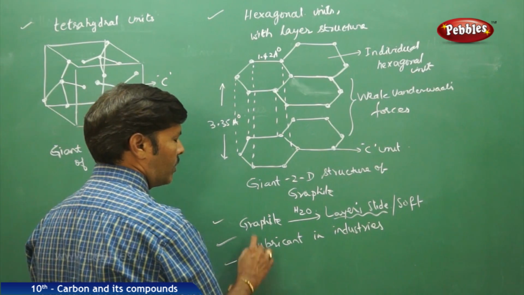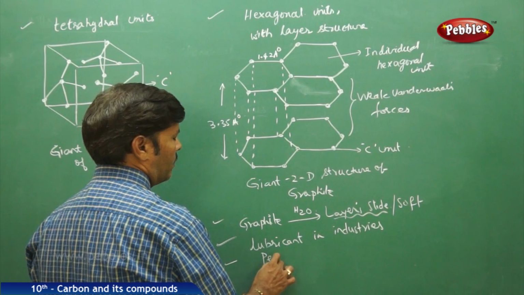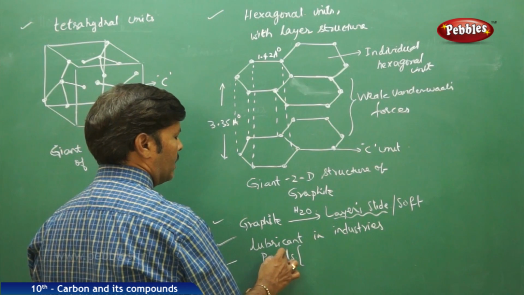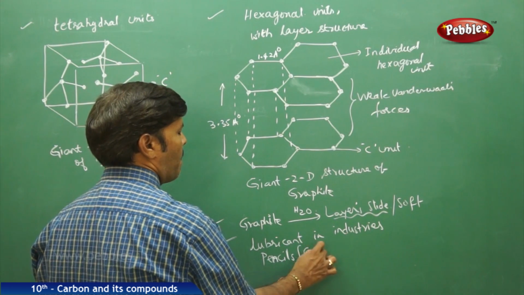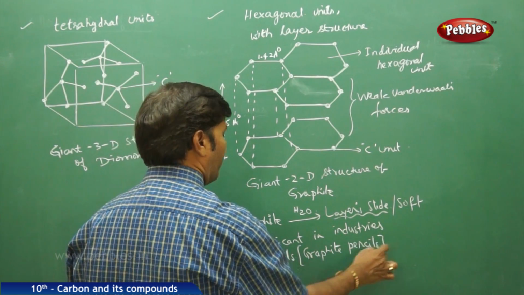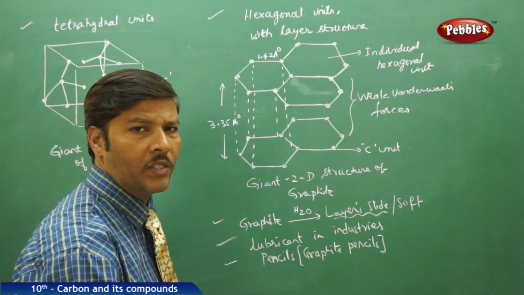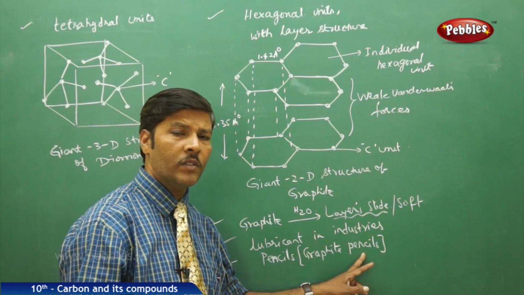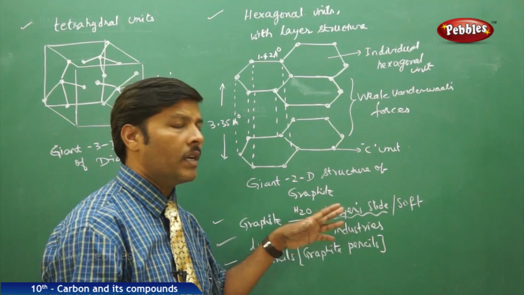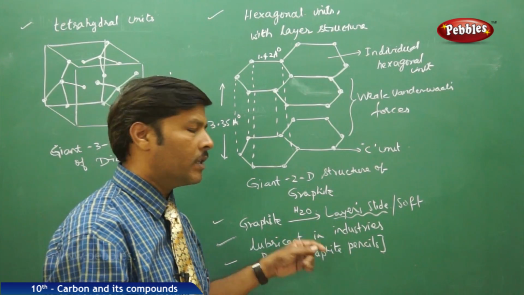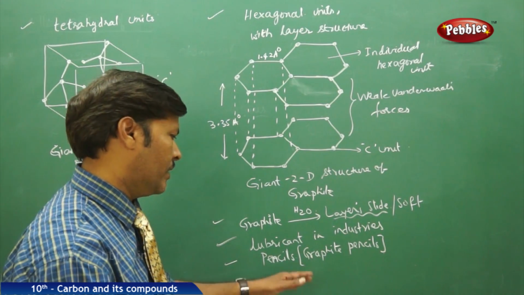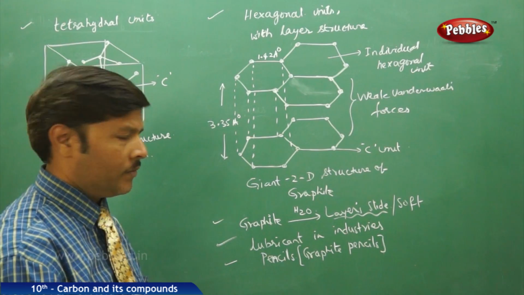Because of the same reason, graphite is also used in pencils. We call them graphite pencils. And this graphite powder, because of its soft nature, can be easily erased with the eraser, because the hexagonal rings present in the graphite powder don't have strong forces on the surface of paper. So you take an eraser and rub it, and you can see that the graphite layer can be easily removed. That's the reason we always say that graphite is soft, and it is also a good conductor